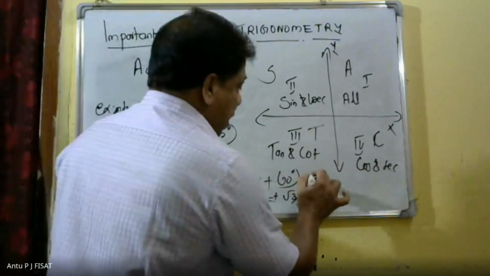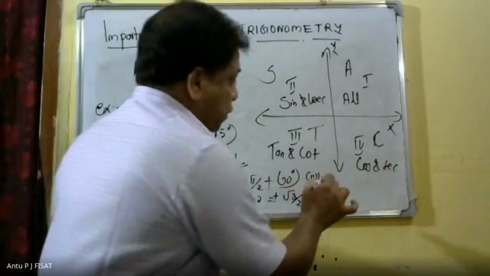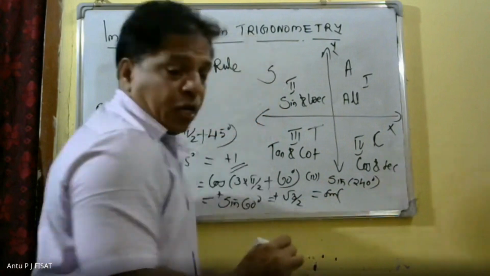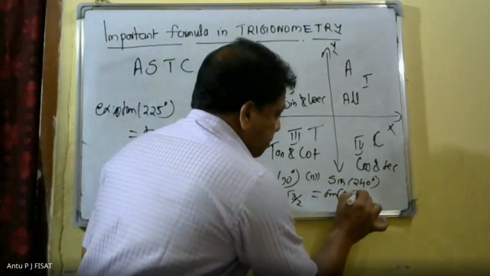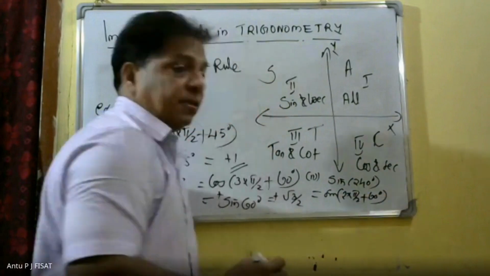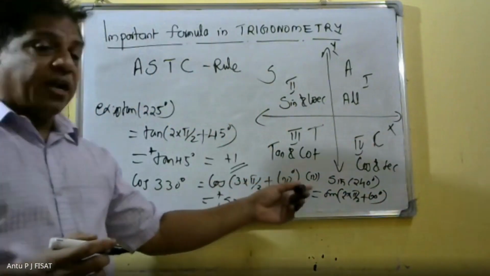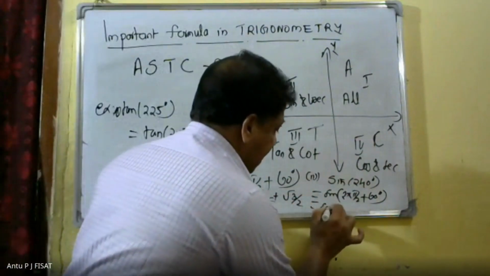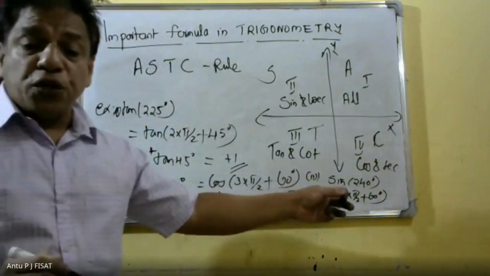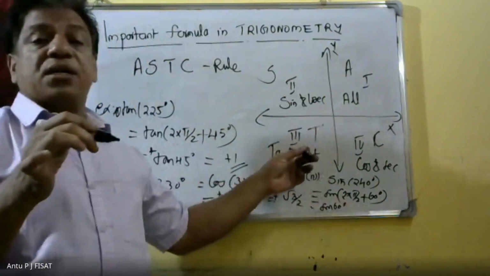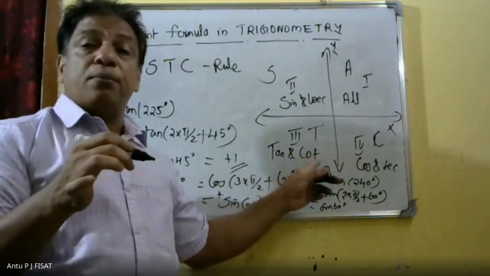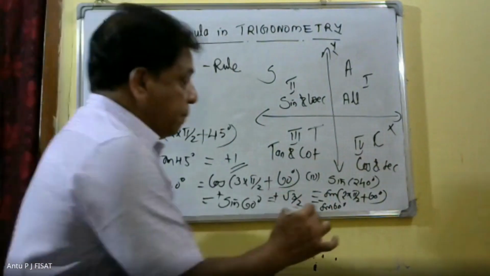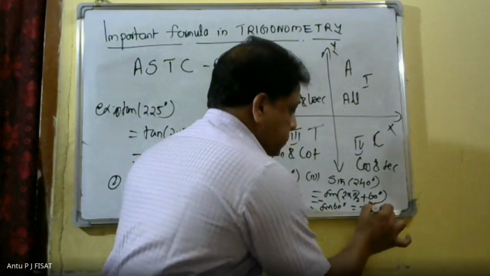That is equal to plus root 3 by 2. Then we can also evaluate another value, that is sine 240 degree. That is sine of 2 into pi by 2 plus 60 degree. Here pi by 2 is multiplied by an even number. There will be no change. This will be sine 60 degree. But 240 degree comes in the third quadrant. In the third quadrant tan and cot are positive, therefore sine will be negative, minus sine 60 degree. Therefore, the answer will be minus root 3 by 2.